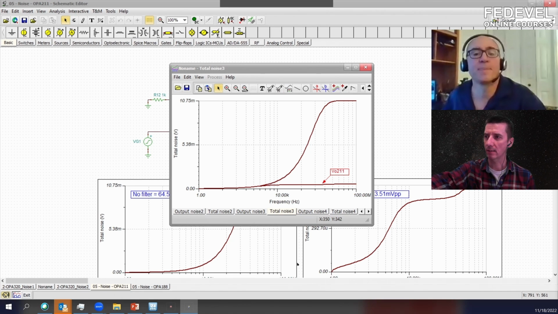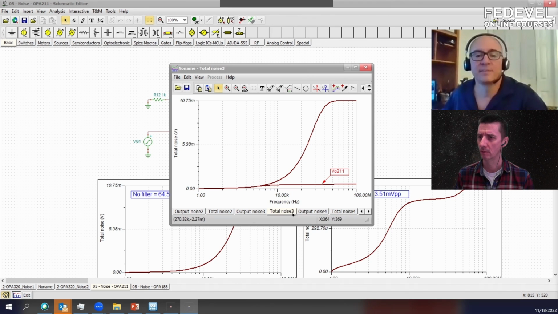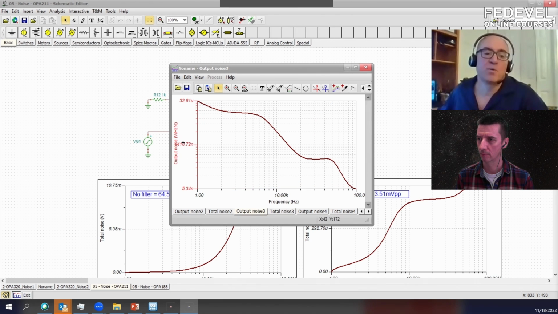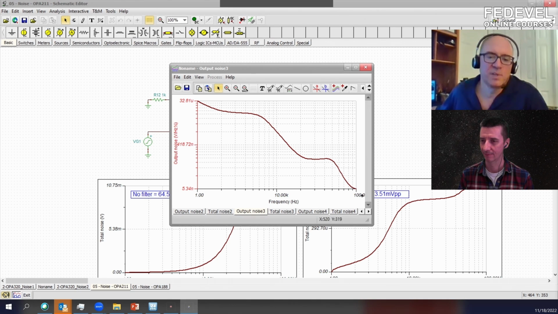Okay, why did you use this integration? What does it mean? It's quite different. Well, what we're looking at in the noise density is the noise per square root hertz. It's really the power per hertz, and that's a strange unit. What we have to do for the voltage noise density, which is what we're seeing here, is square it. So you convert it to volts squared per hertz, and then you integrate it. When you integrate it, you get volts squared, and then you take the square root of that, and you get volts. So we're basically adding up all the noise power from 0 to essentially infinity,